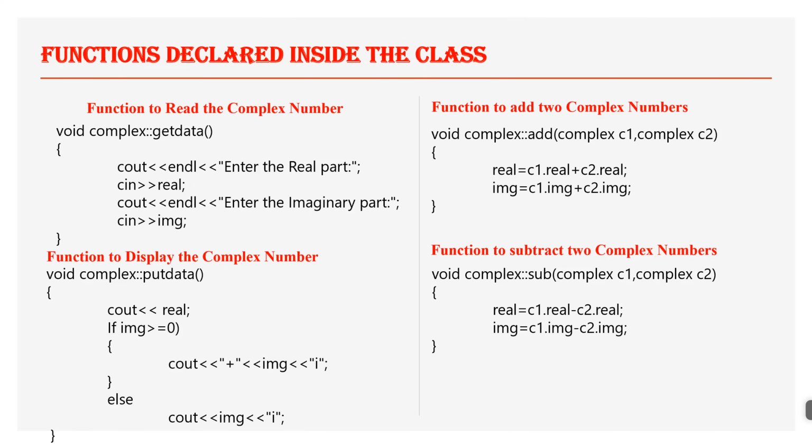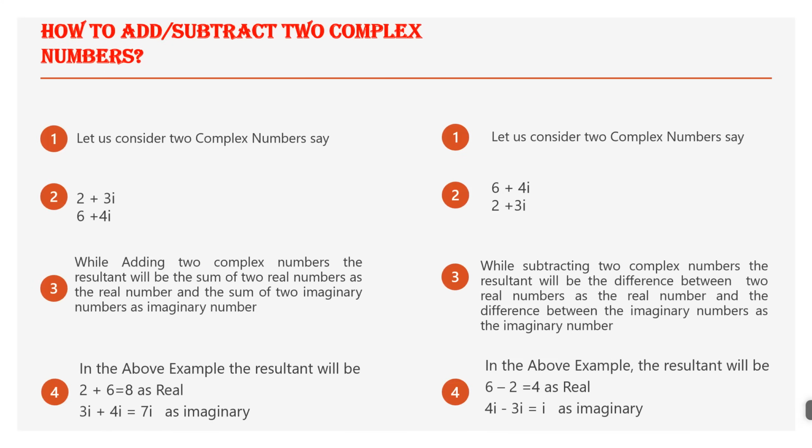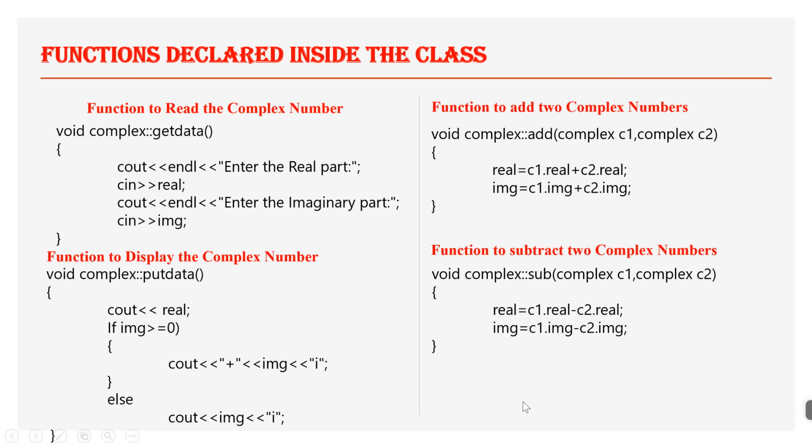So when I add or when I subtract, if imaginary is minus, so in the above example, say here 4i minus 3i, see minus 3 is a value. To represent minus 3, I am using cout